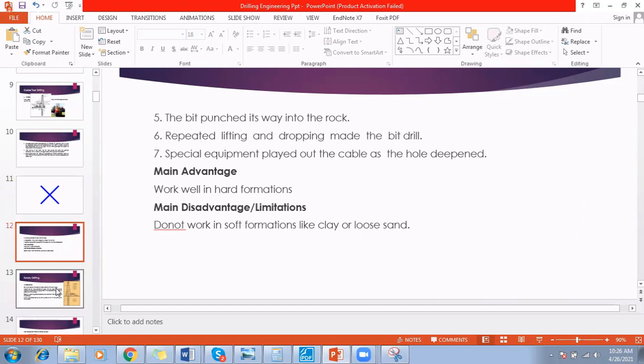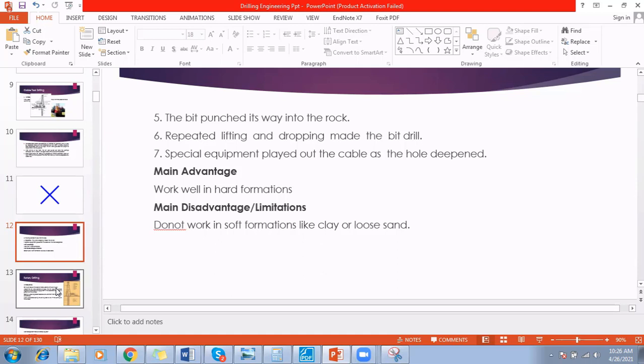The main advantage of cable tool drilling is that it can work very well in hard formation, but if there is any loose formation, then it will not give us our required efficiency. There will be the problem of sticking and other kinds of problems. This is the reason that cable tool drilling is most applicable in